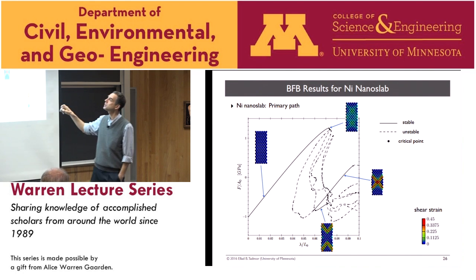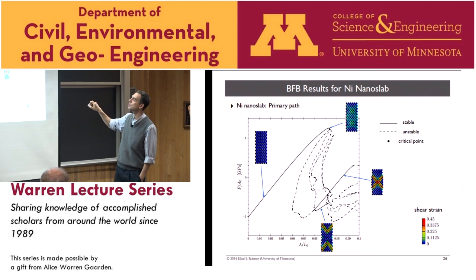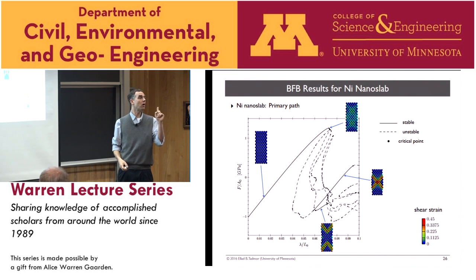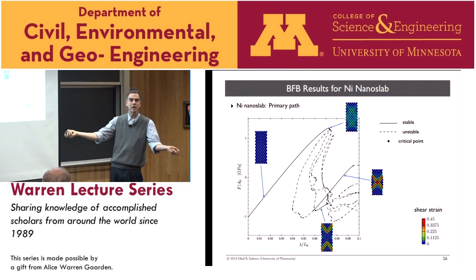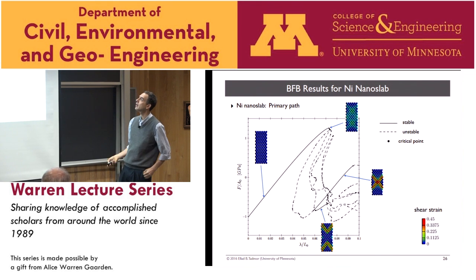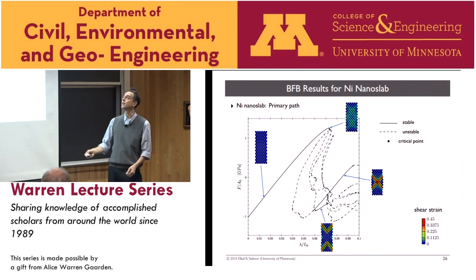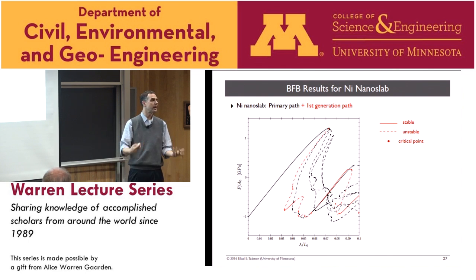So this is from the primary path. We get this whole complicated spaghetti thing, and occasionally we identify stable pathways. So here, this X is a stable pathway. You see, if I was to just keep the load constant and drop, that's a solution that I could get to. This is another solution I could get to. There are a lot of possible solutions. Now, these are all from the primary path. You can now go to the bifurcation point and look what comes out of that bifurcation point. And something else comes out of there. And so you get another line. And it has unstable and stable pathways. And then you go to the next bifurcation point, and you keep doing this again and again.